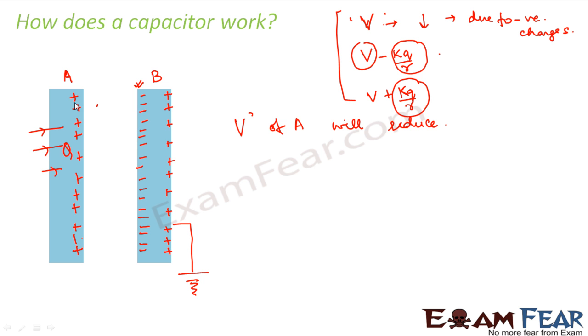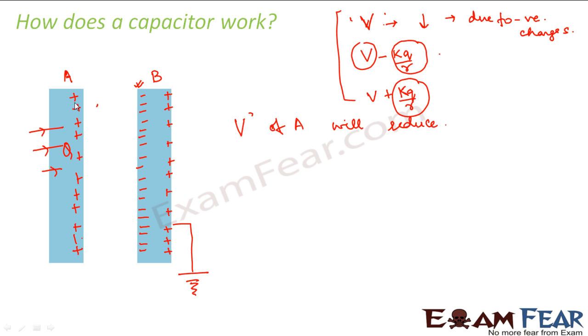So what are we basically doing? With this arrangement, we are making more space on conductor A to get more and more charge. Thus we are supplying more charge, and hence greater charge is getting stored in this arrangement of two conductors, right? This is how a capacitor can store charge in a small space: a high amount of charge within a small space.